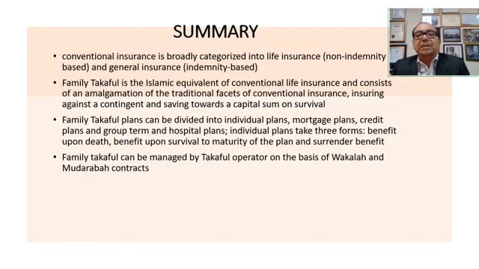Individual plans can take three forms. Benefit upon death, as I said just now, we separate the three. Once you go into death or accident, you will get your benefit. Benefit when it's matured, when you buy the insurance for 20 years or 30 years, nothing happened to you, then you get the benefit. And also halfway you cannot pay, you still surrender, they will pay a part of the benefit. Interesting, you should know that.